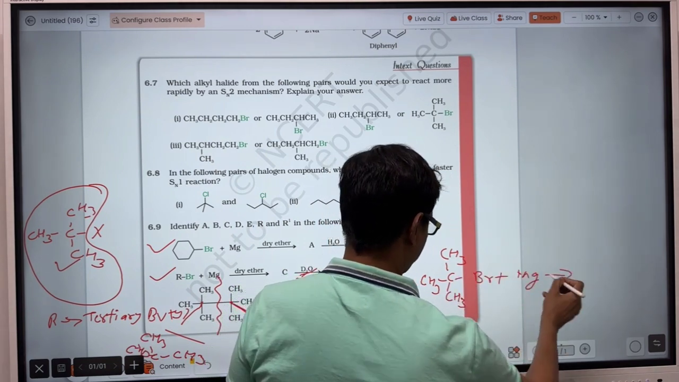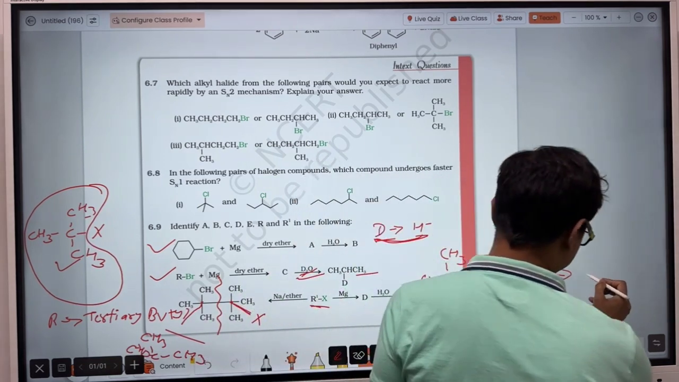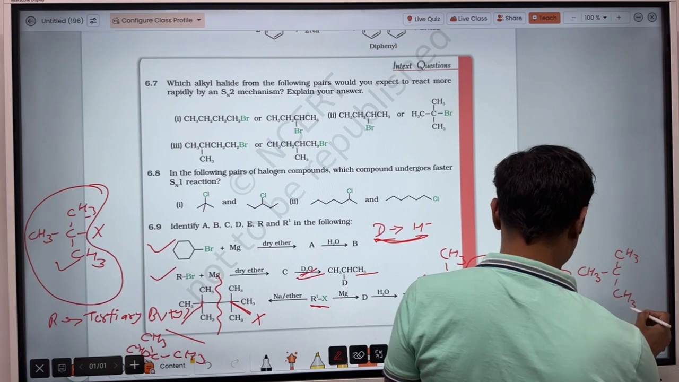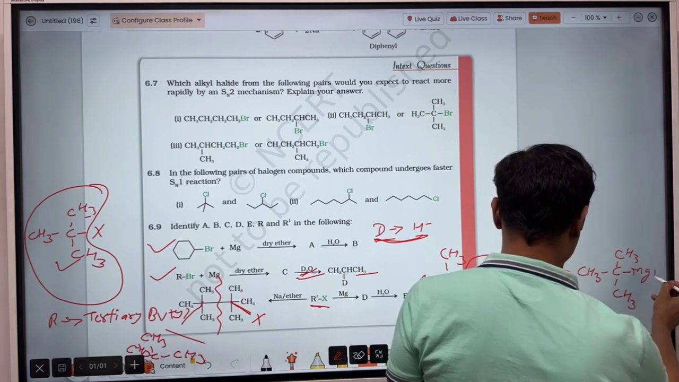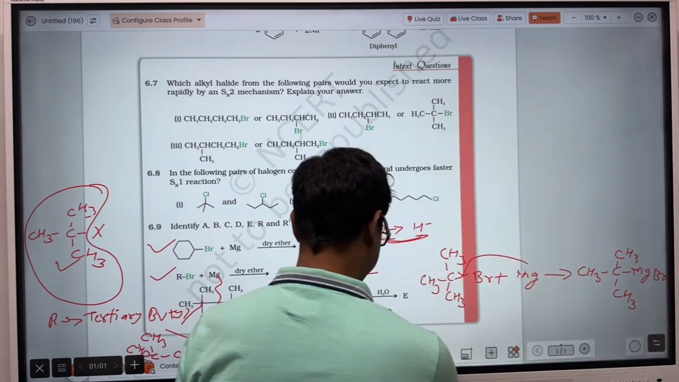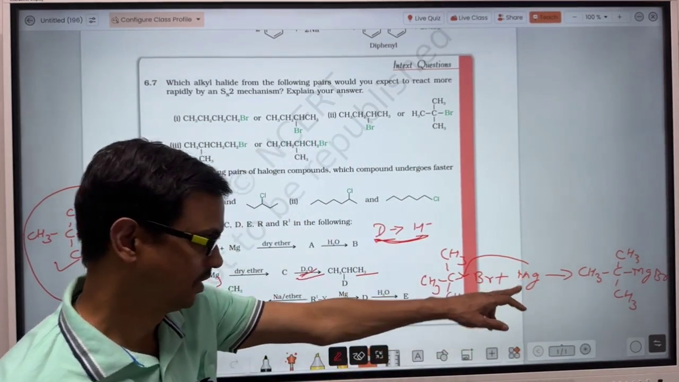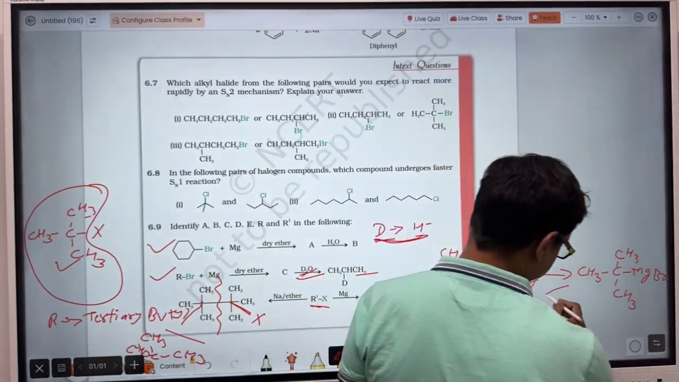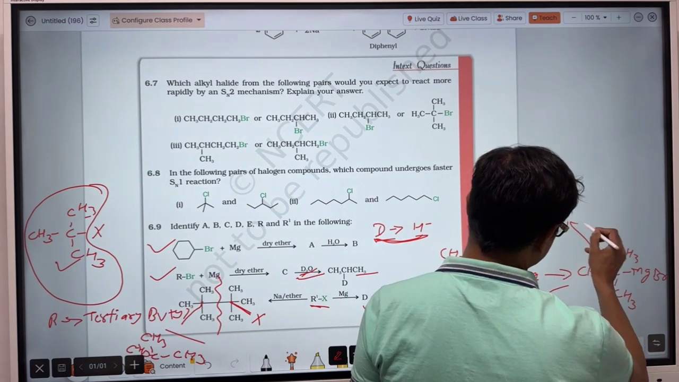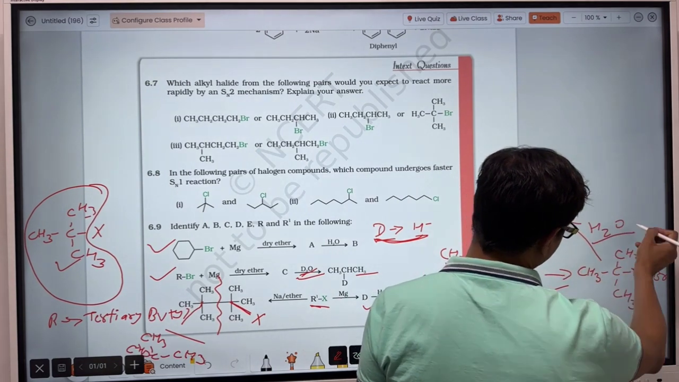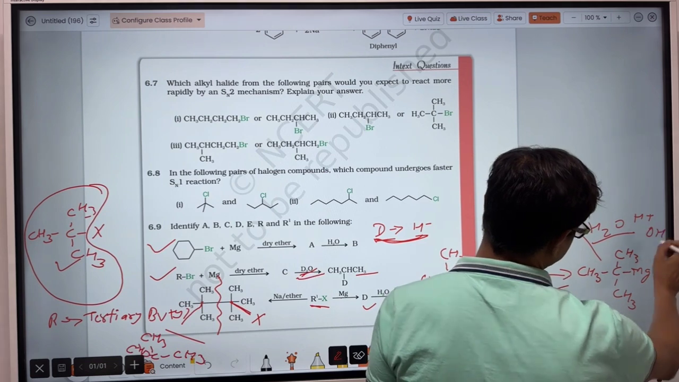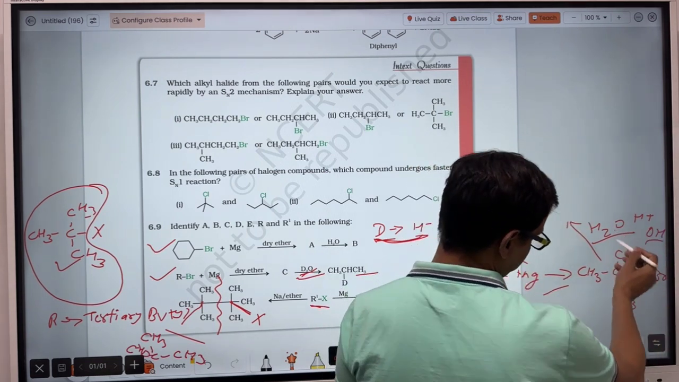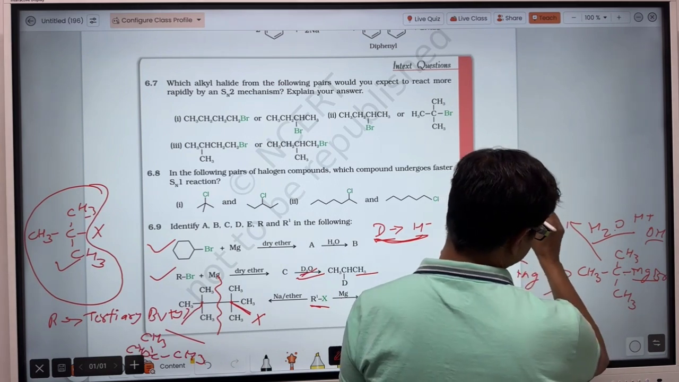When magnesium reacts there, the magnesium will come here. So the product will be that Grignard reagent. So the Grignard reagent, that means D, will be that much. Now when it is treated with water, it will dissociate into H plus and OH minus. So the OH minus ion will combine with the magnesium and the hydrogen will combine to this carbon. So the structure will be